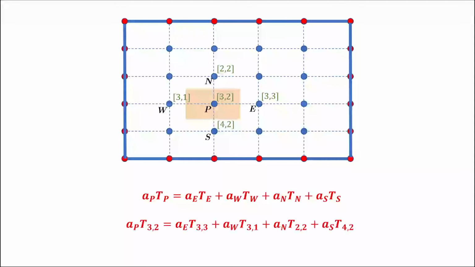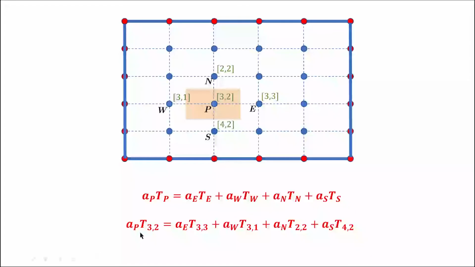So we can write AP into T of 3 comma 2. Here the variables are temperature, so I haven't changed the coefficients, because these are something that we can define during the code, and at least in the case of linear problems, they are constant values. So don't think that these depend on something like temperature. They are simply constant values, but our variable, the temperature here, is not a constant value and is subject to change.